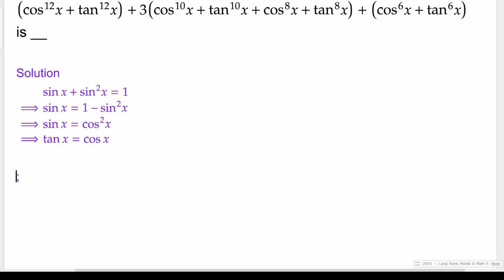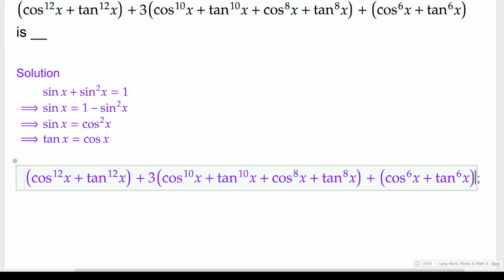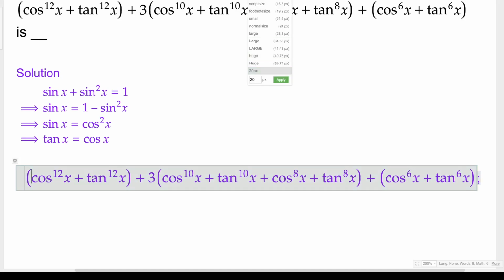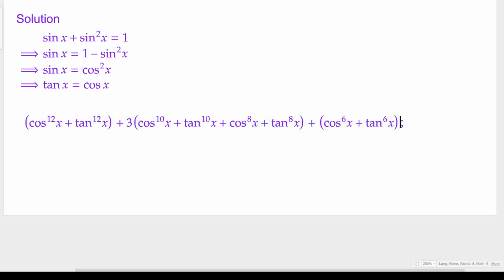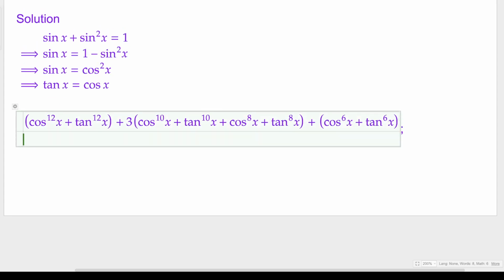Now here, I'll take this expression and solve it, right? So I'll just adjust the font size so that this comes within the range and does not go out of the sheet. Now here,